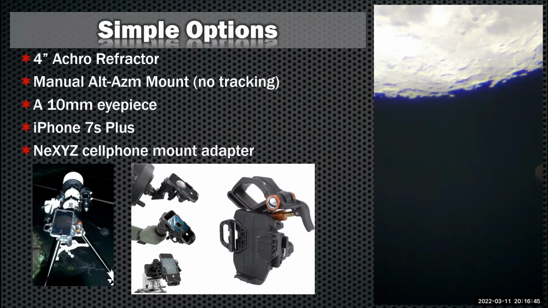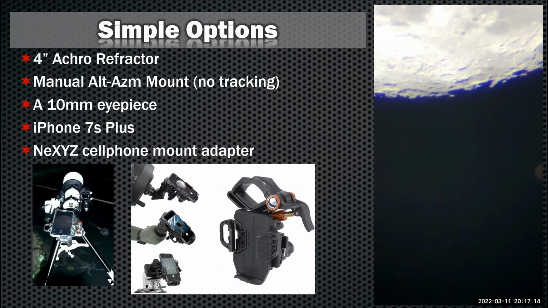I highly recommend this unit. And the reason is because, again, it's kind of in the name, but you see the X, Y, and Z. There are actually very small control knobs on the back of the unit. You can't really see it here, but with very small increments and a fair amount of precision, it allows you to slide your camera right and left, up and down, and also closer and further away from the eyepiece.